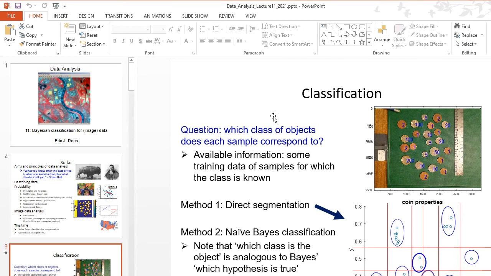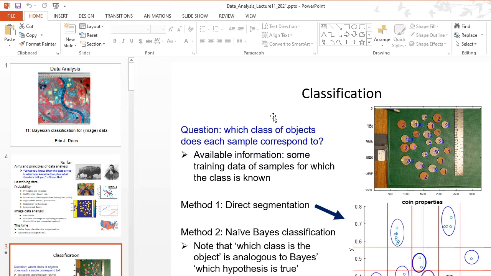And then you'll see that sometimes, such as for the second smallest set of coins, when size alone wasn't sufficient to distinguish, that might have been 1p and 20p coins, some other parameter, which is easily pulled out using region props from the image data, allows you to do direct segmentation. This is great if it works, but it's a very